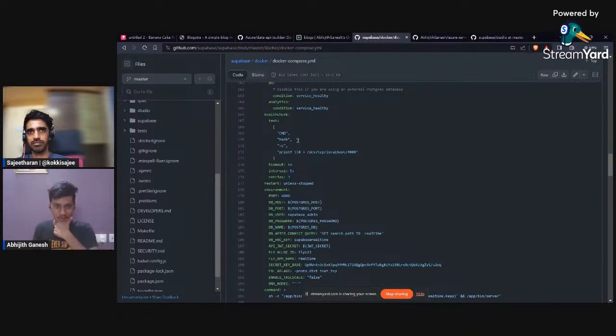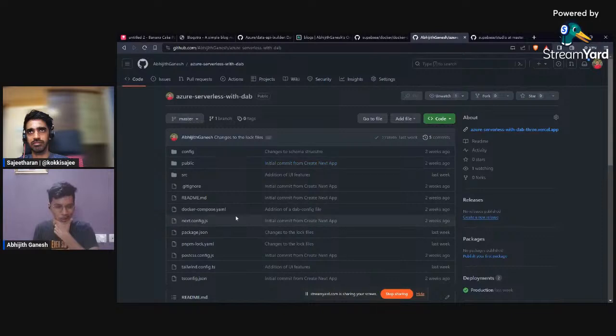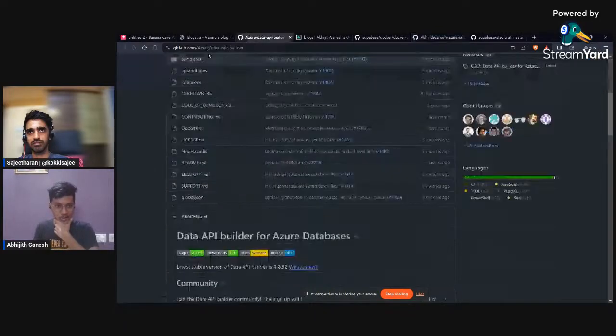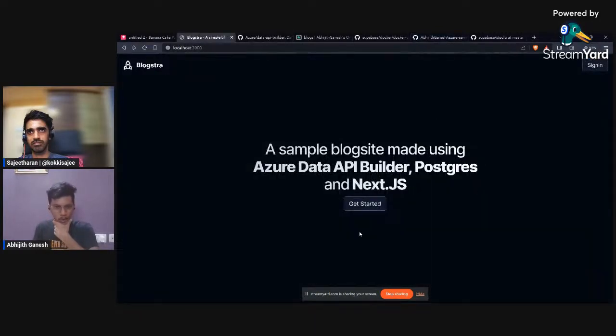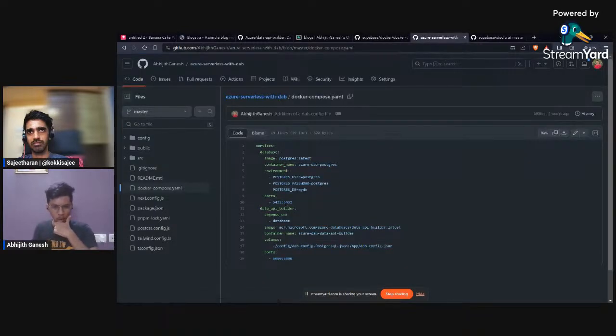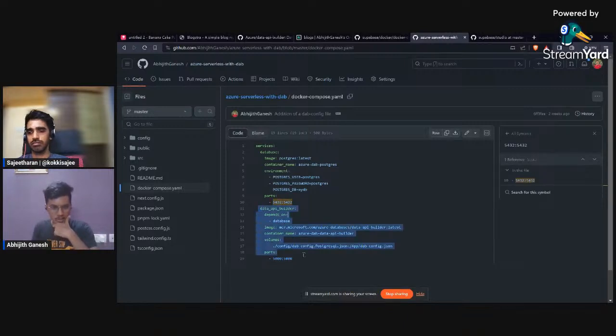Now let us compare this against the Docker Compose file I wrote for this project, right? This is a blog project. It's still work in progress and not fully done, so you can't technically sign in and it won't go through. And there's also a link, but it's not fully ready. Now, the whole process here is I have a Postgres container with dummy credentials which is running. Now this is ready. It runs on port 5432, and all it took me was to mention this one service